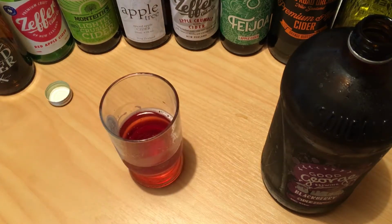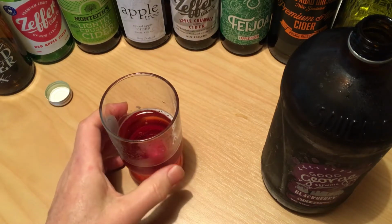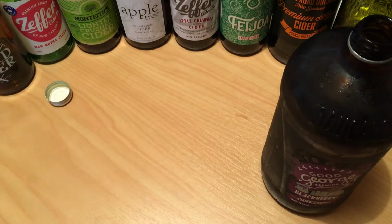So trying that, the immediate flavour you get is the berries. There are so many different berries around these days, your boysenberries, loganberries, blackberries. I'd challenge anyone to pick the flavours exactly, but that's definitely that blackberry boysenberry type flavour, nice and sharp. There's not too much sweetness there. It is sweet